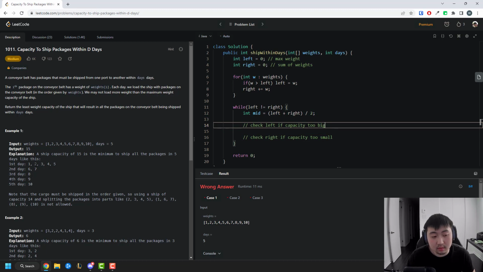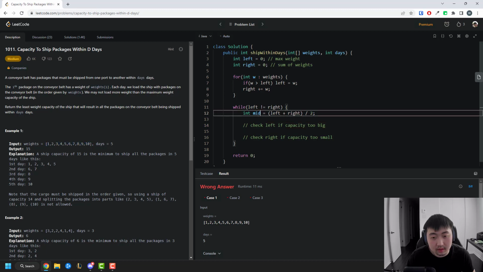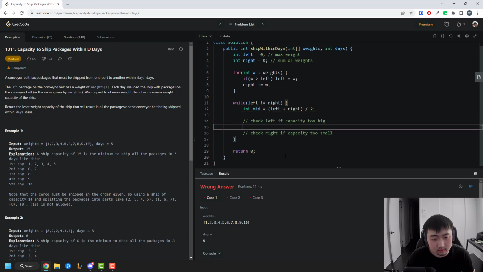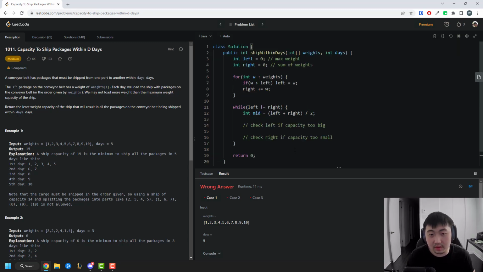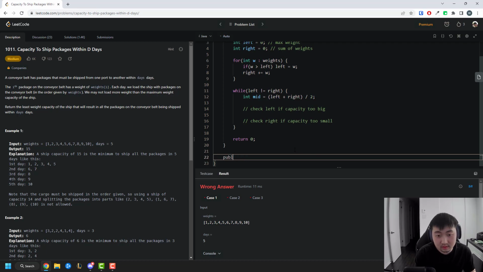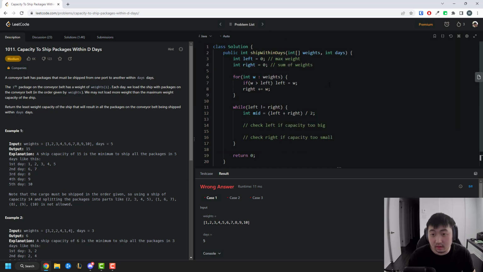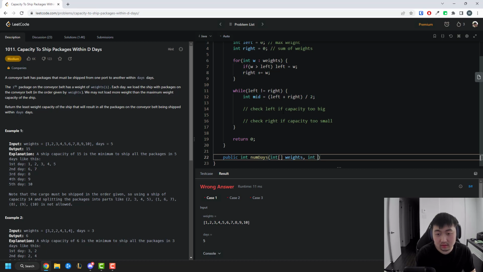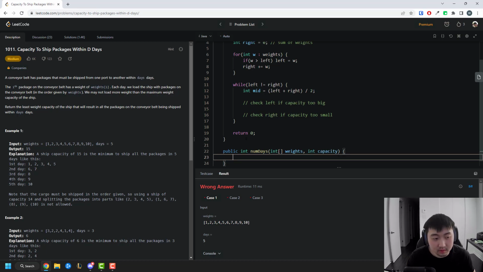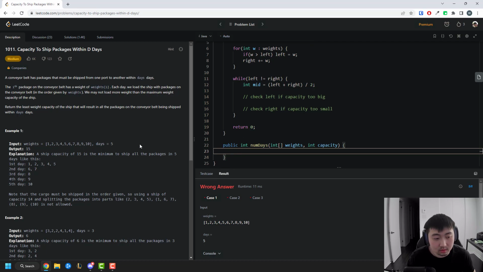So I want to figure out the number of days it'll take to empty the weights given a certain capacity mid. I think I'll just make this into an external function. Why not? Maybe call it num days, provided the weights array and the capacity. I want it to return me the minimum number of days it'll take. So to do that,